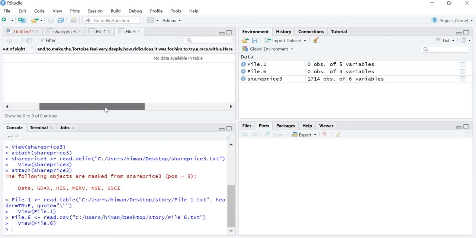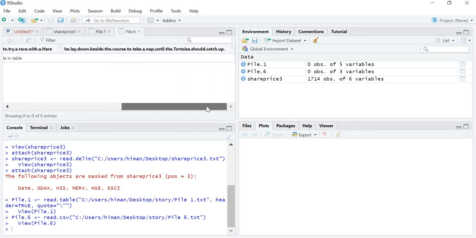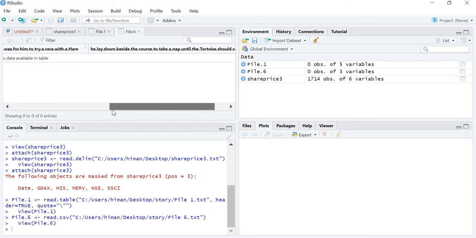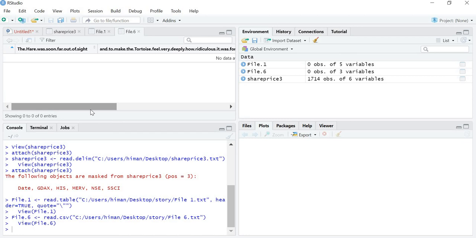And now if I import it, it will show me like this, and it will say that no data is available in table, which shows that if you import any text file with the help of import dataset, it will not import it, and it will show that no data is available. So you cannot do any analysis over here, which shows that if you import any dataset with this command, only the Excel, or you can say the table, will be imported from this dataset.